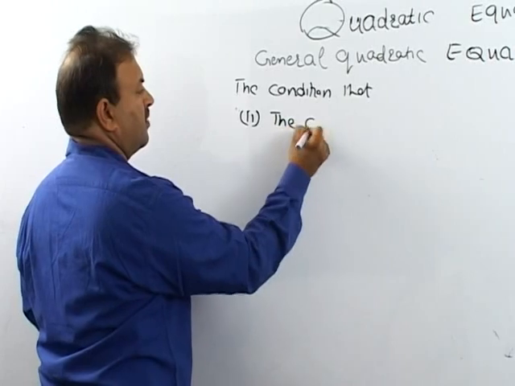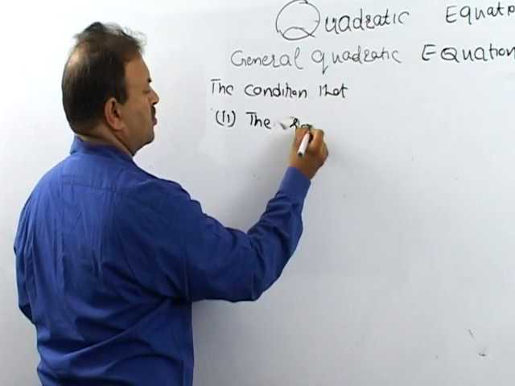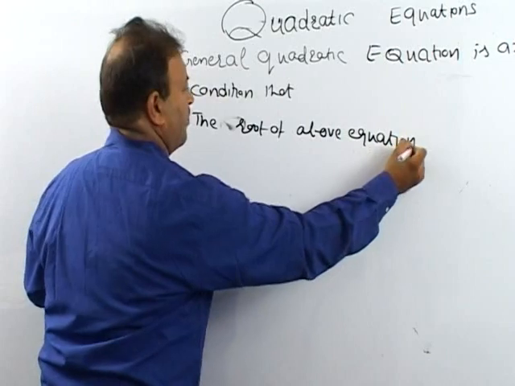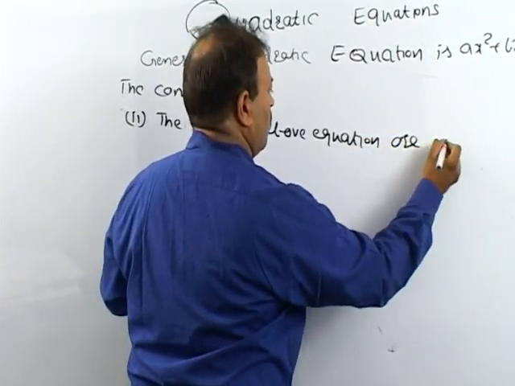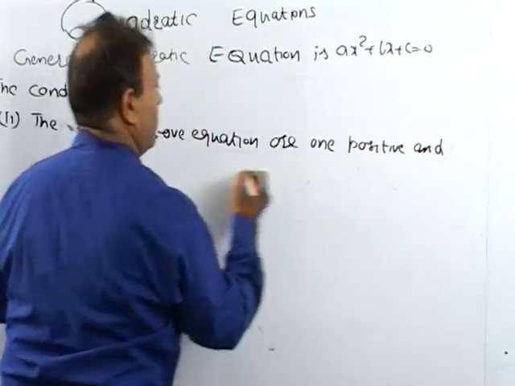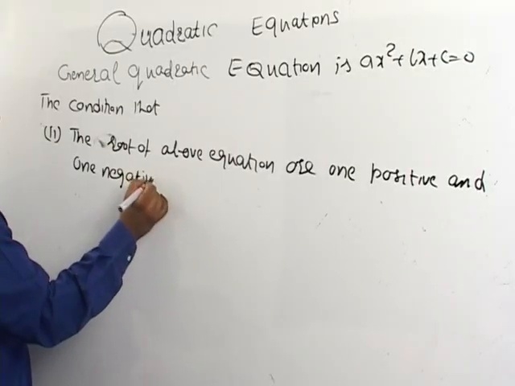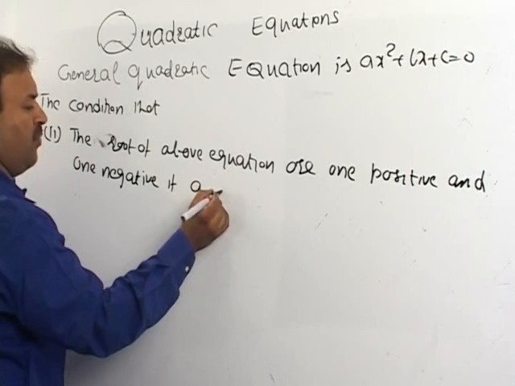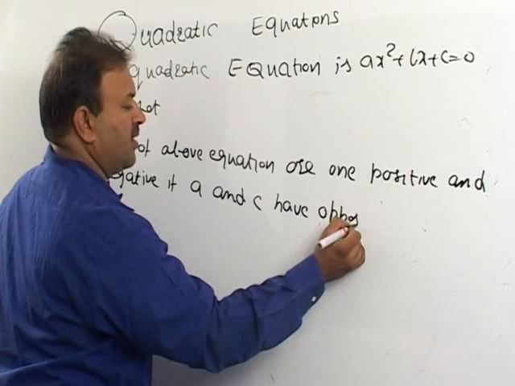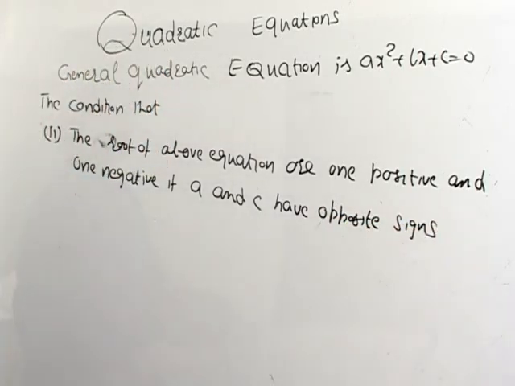The condition: the roots of the above equation are one positive and one negative if A and C have opposite signs. Example,